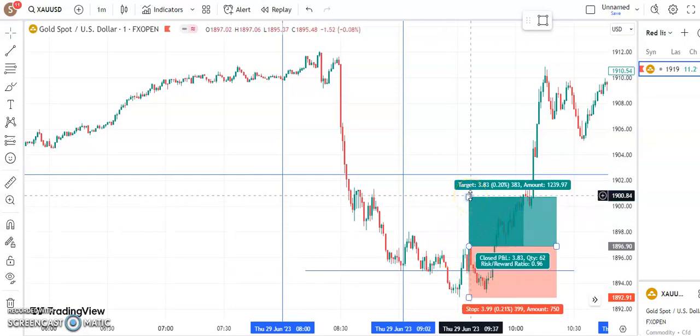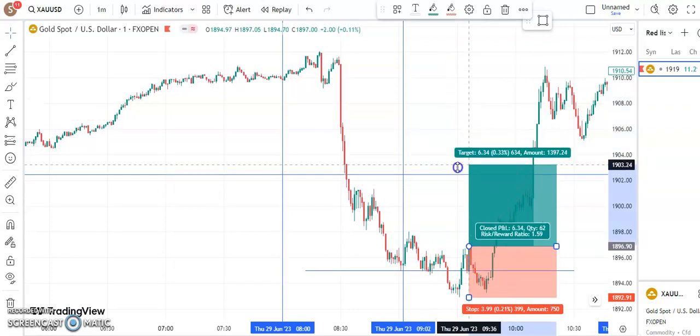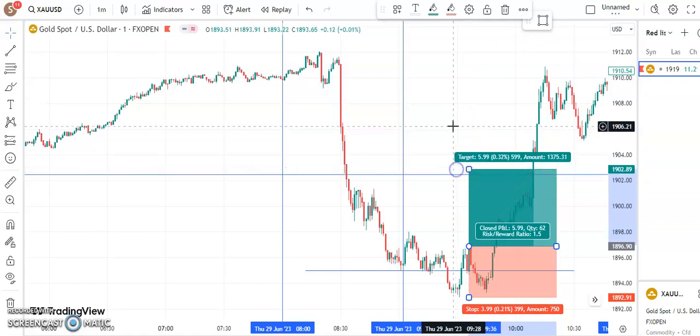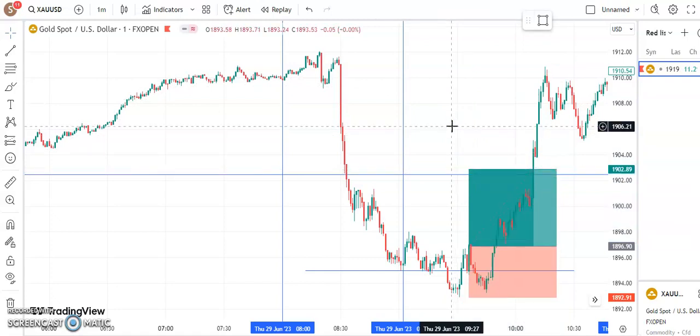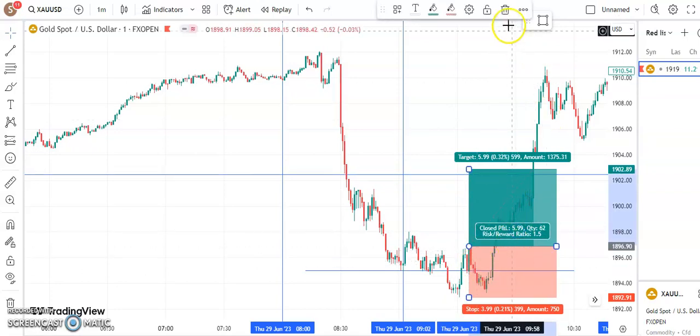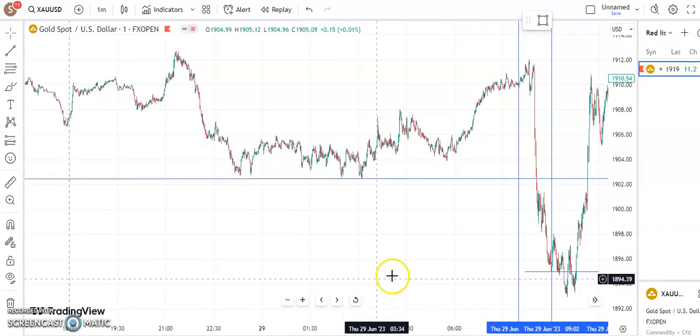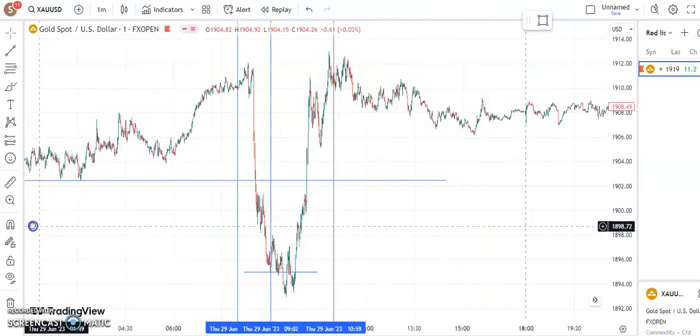It was a nice setup. If you are greedy, 50, 60 pips in and out. Well, not in and out. You could have had a little pressure. But yeah, that is how things go. So that was Thursday. On Friday,